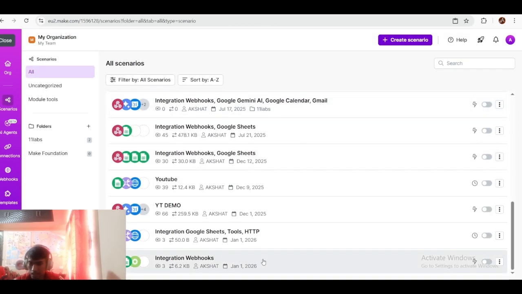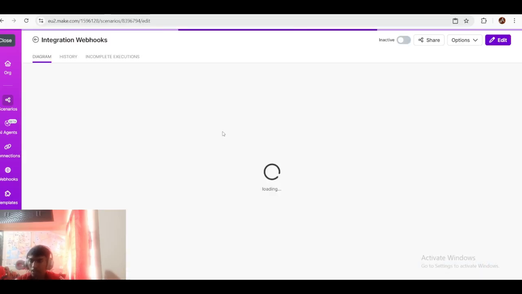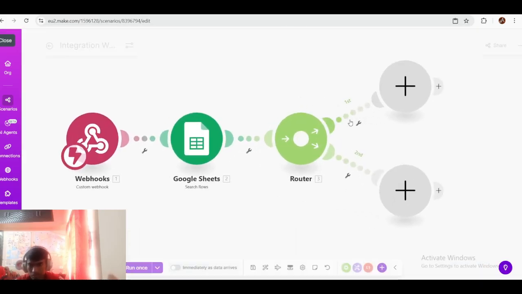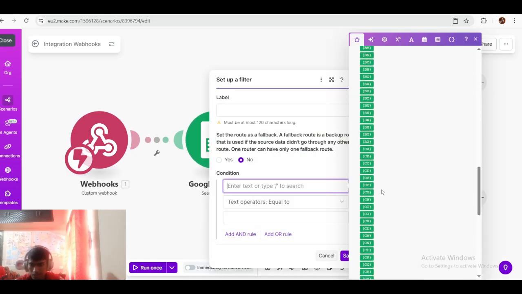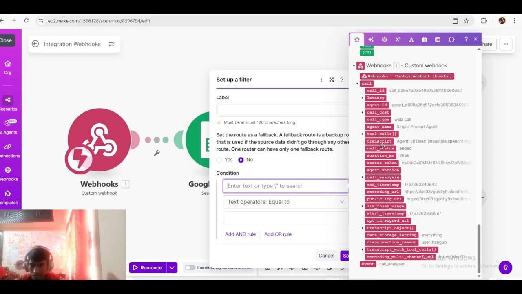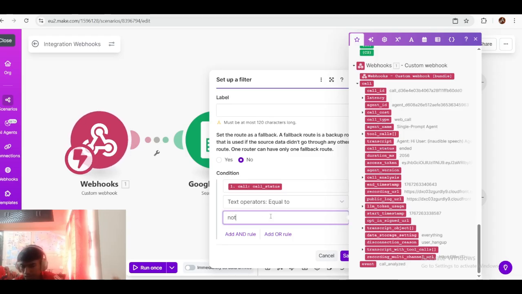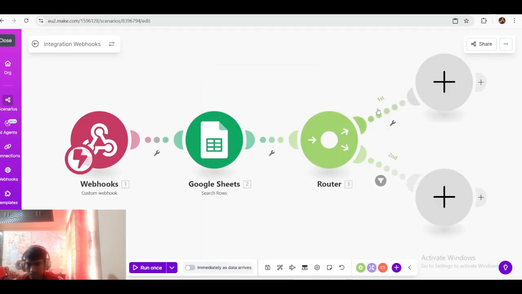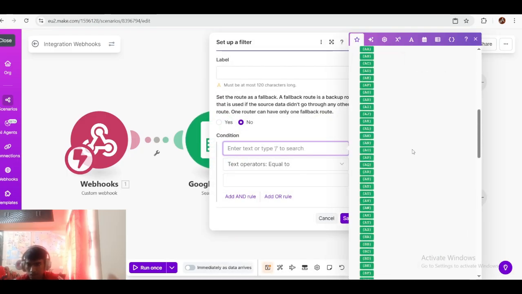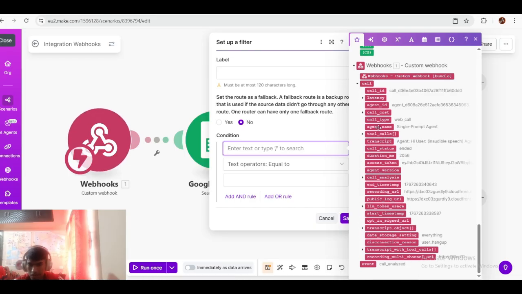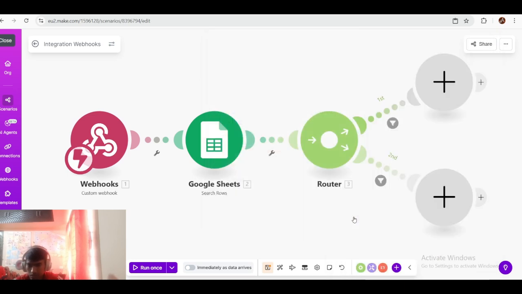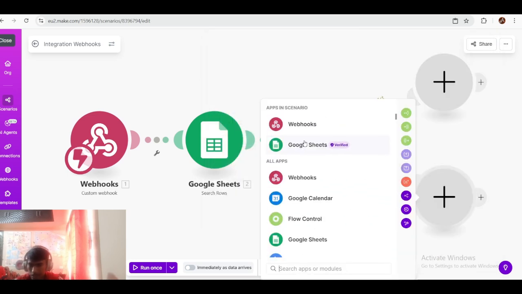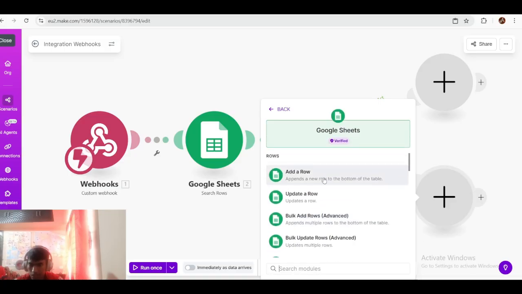And yeah, now let's move to this scenario again. And now in the router section, you need to add the call status equals not connected. Okay, simply click here, save, and here we need to put call ended. Call status equal to ended. Okay, simply click here, save, and you need to click here Google Sheets, update row,